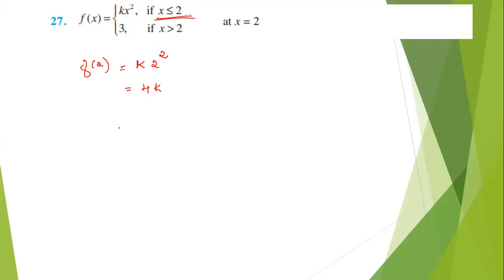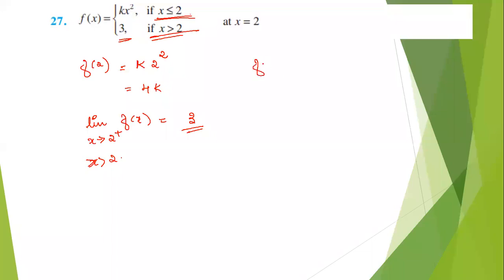So what will be the left hand limit and right hand limit? Find out. So if you are finding the right hand limit, x tending to 2 plus f of x, what you get for x greater than 2. So x tending to 2 plus means here x is greater than 2. So for x greater than 2, what is the value of the function? It is 3, correct?